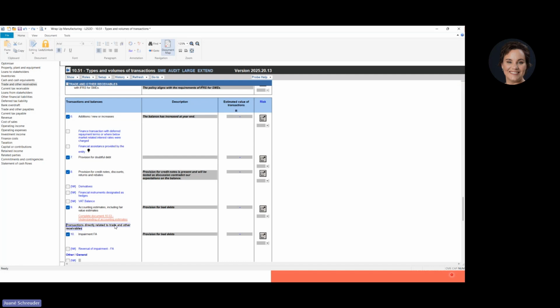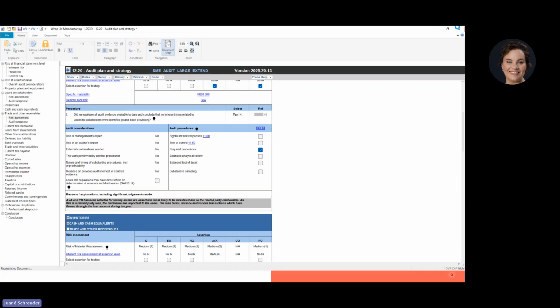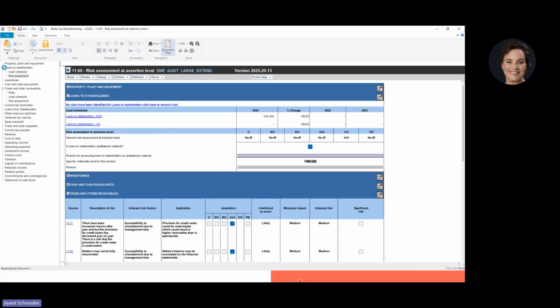In terms of transactions directly related to the account balance, to the trade and other receivables, so the TRAB, if we refer to it like that, is of course the impairment in financial assets, and that being the provision for bad debt. Right, so that's 1051. I'm going to just close it, and then we can go to 1160. First of all, let's go to 1160, the risk assessment document. When we then go to trade receivables,